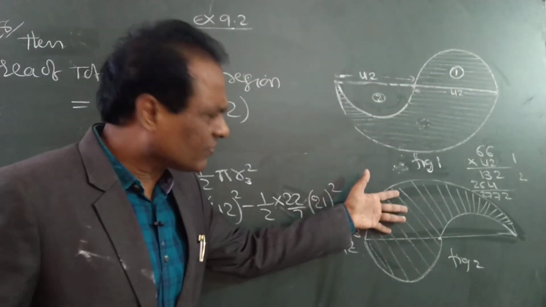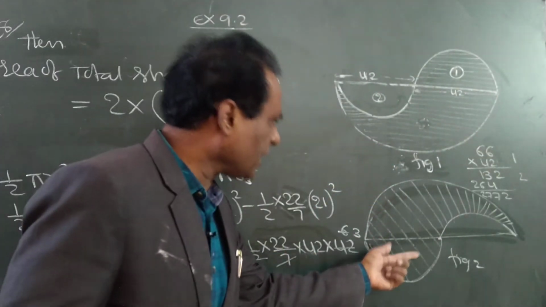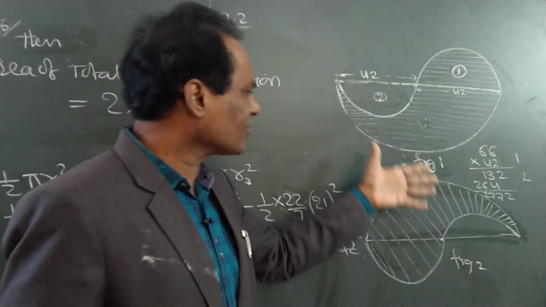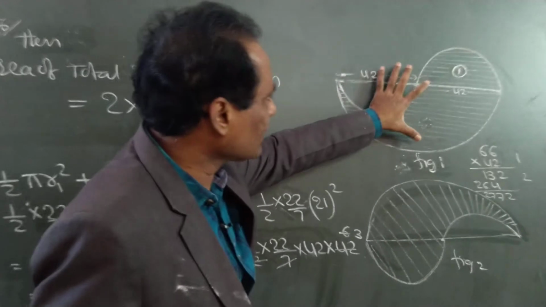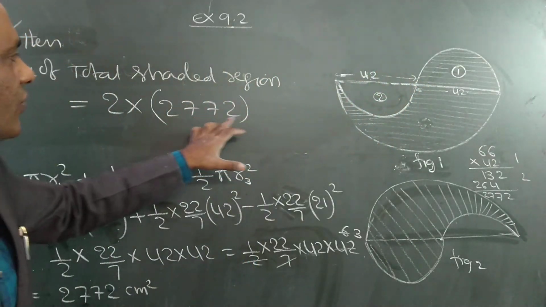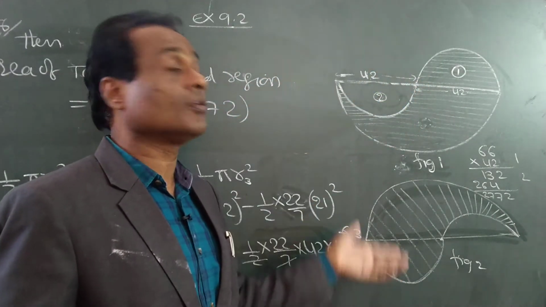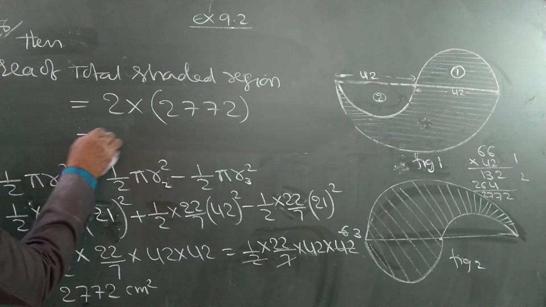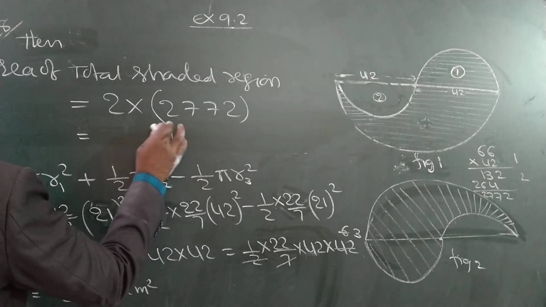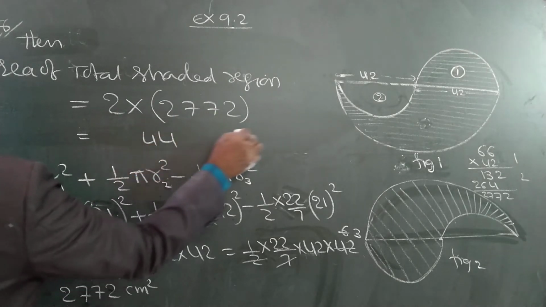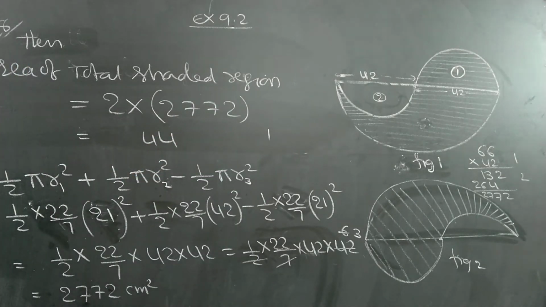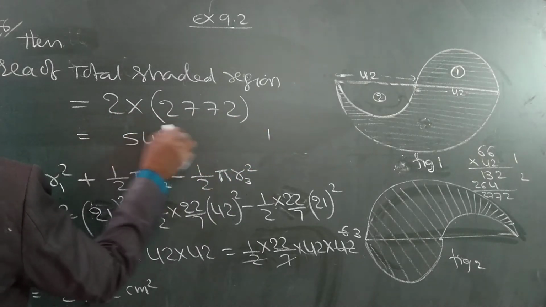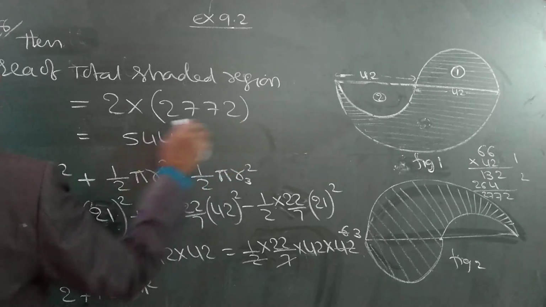If you multiply with 2, we will get the area of both the shapes, total area. So for this also again we have to do the same, this plus this minus this, same way, but no need because both are exactly the same diagrams. If you find this area which is 2772, double it. Double means multiply with 2. That is the total area, which is our answer. 2 2s are 4, 2 7s are 14, 2 7s are 14, 15, 2 2s are 5.